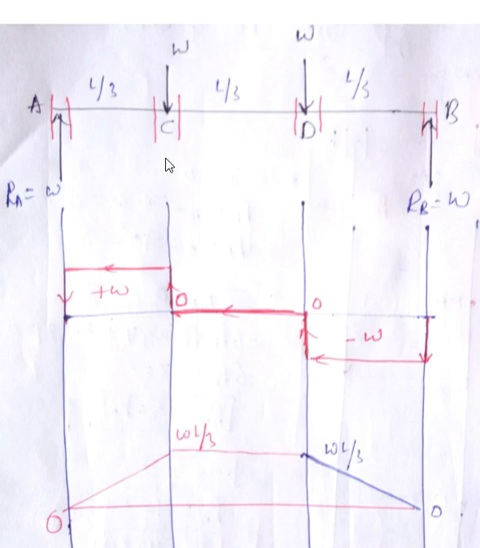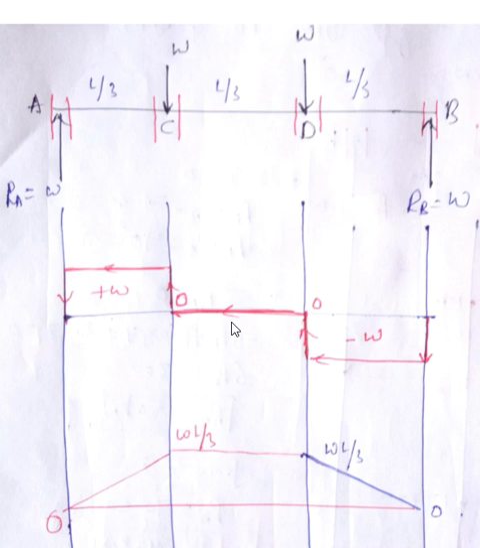So you can go from either the right side or the left side, but when you come to this point, it is better to consider from the left hand side only. Now one thing you need to notice here is that from this region to this region, shear force is 0. Whenever shear force is 0, bending moment will be maximum, and that bending moment is called pure bending moment. This is the section of the beam which is subjected to 0 shear force.